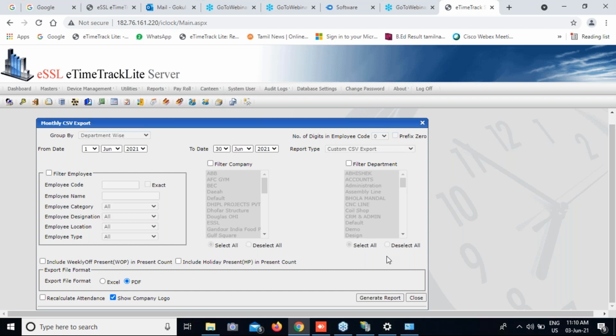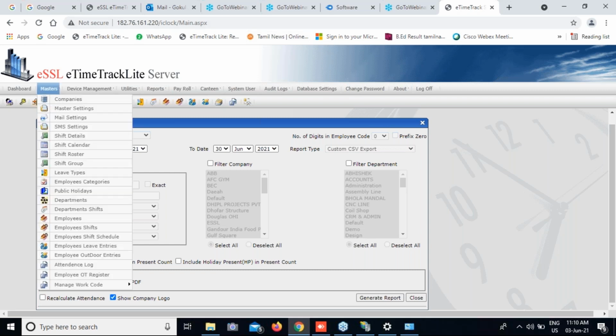If he punches at 2 o'clock, it will take it as the second shift. If he punches at 6 o'clock, it will take it as the third shift. For this condition, we should set in master settings: when no shift is assigned, consider as auto shift.